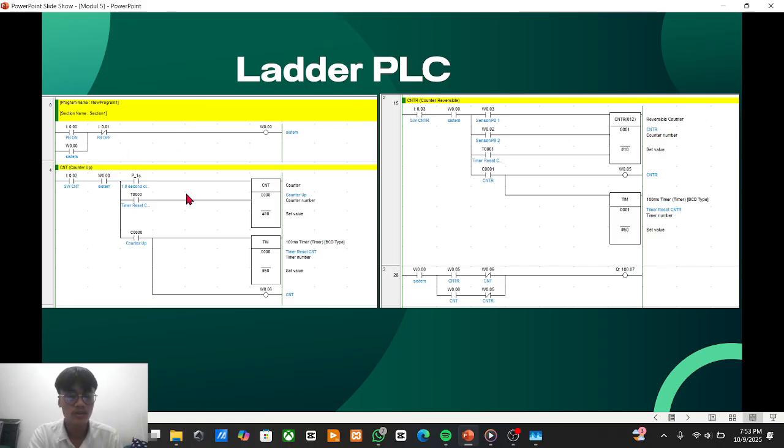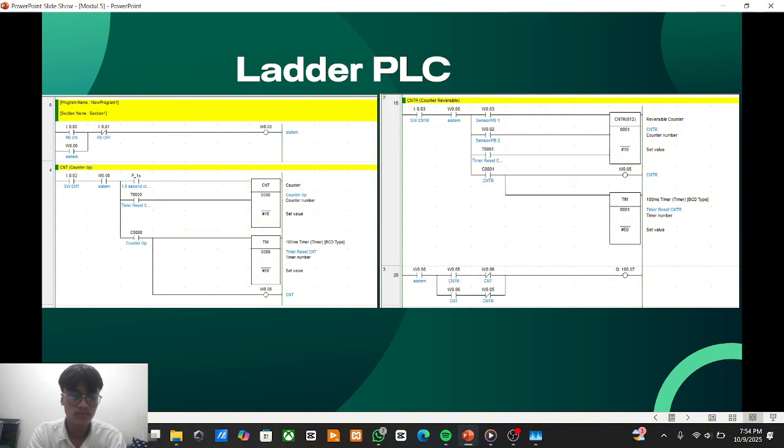This is the CNT control circuit. In this circuit, the CNT instruction is used to count how many times the input switch, SWITCH CNT, is activated. When input E0.02, SWITCH CNT, is pressed, the counter CNT 0000 starts counting its activations. Every time the switch is turned on, the current value TV increases by 1.